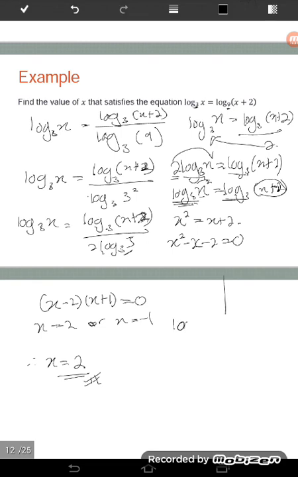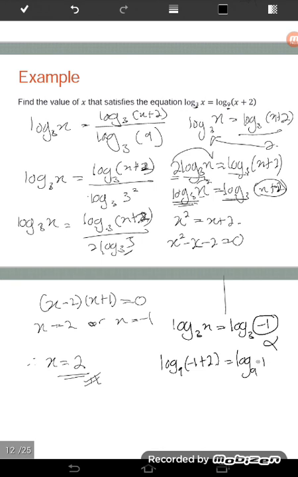Actually we need to check. So log 3x. So this one we can put log 3 negative 1. So this one tak boleh lah, because log inside is negative. For the another one, log base 9 negative 1 plus 2. This one log 9 1. Okay, so this one positive. Okay, so this one boleh. Walaupun x negatif tapi dia menghasilkan positif, so still boleh. Untuk yang kedua ni boleh, but for the first one cannot. Since for the first one is cannot, therefore tak boleh ambil terus lah. Kalau dua-dua ni boleh, kita boleh ambil.